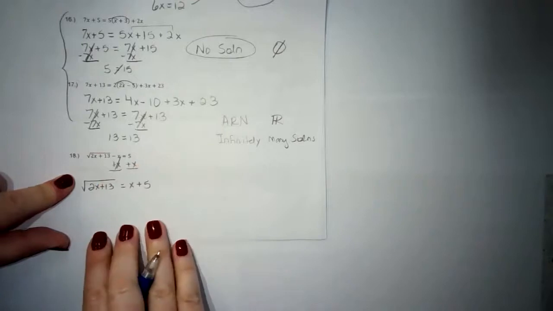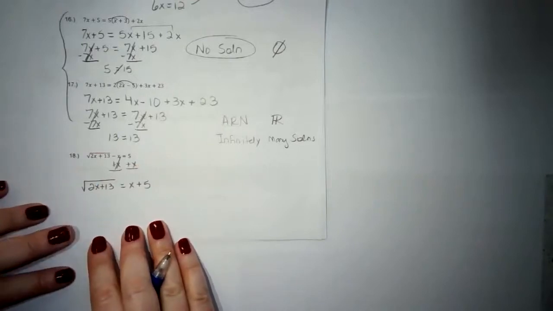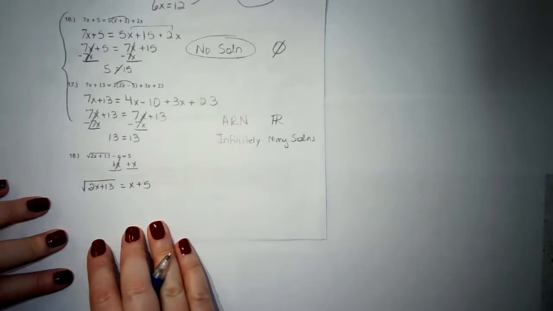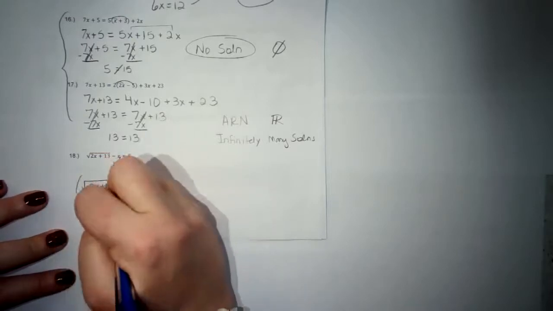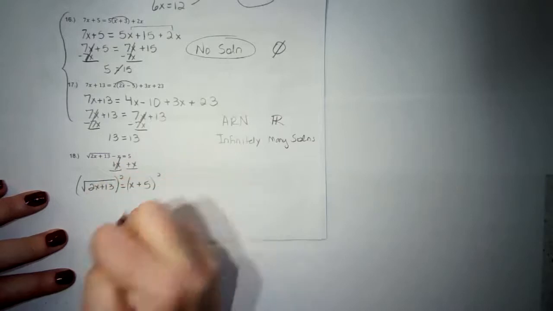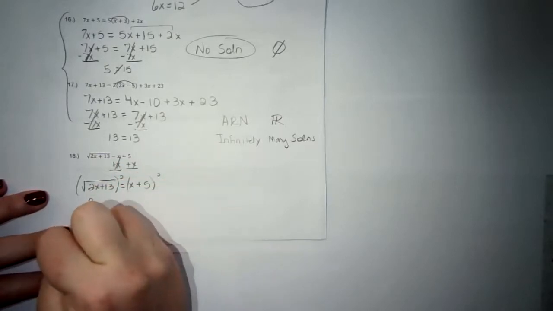Okay, there we go. All right. So how do you think we want to get a square root off? Square it. We'll just square both sides. Okay, the left side's going to be beautiful. 2x